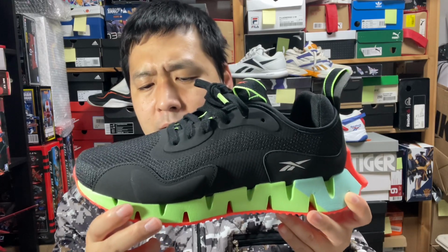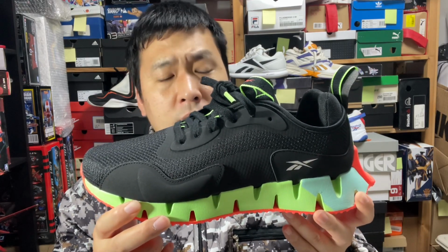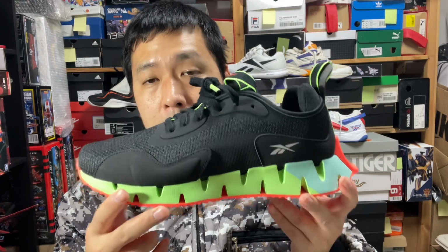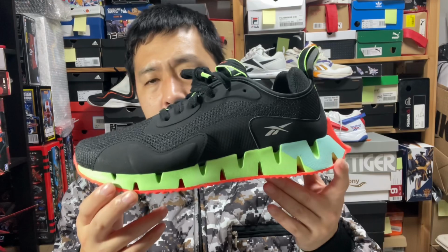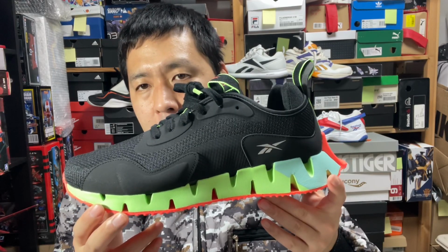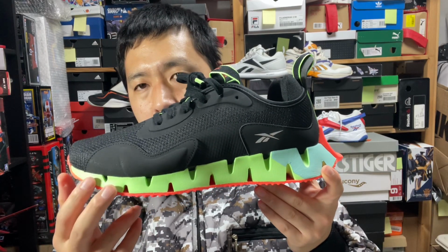I don't know if they used the fuel foam or if they used a plain EVA. I think this is fluffier EVA. I'm not exactly sure it's fuel foam. If they did, I'm sure they wrote it somewhere. So yeah, the cushioning is softer, plusher than the Kinetica 2. It's sort of like